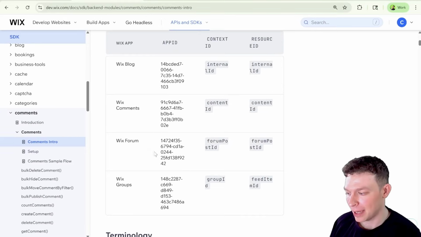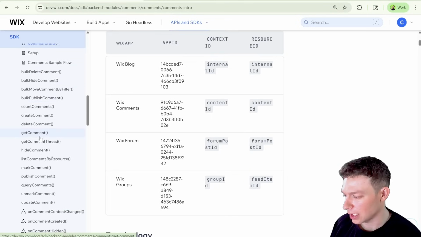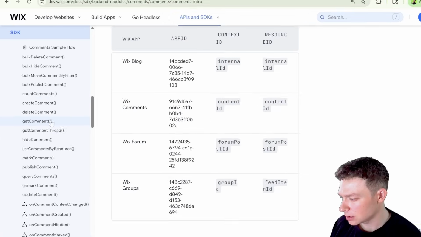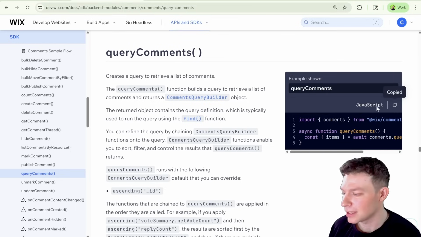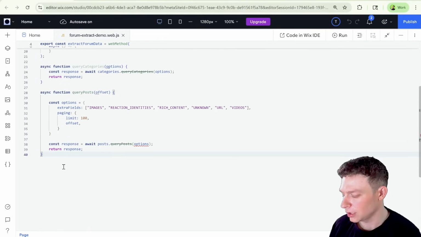And each app has its own app ID, which I think will be important in terms of actually querying the comments. So let's take a look at some of the actual methods here. We have get comment, and we have query comments. This is probably going to be what powers our retrieval of all of our comments. So I'm going to copy that over initially, just like we did with the others, and put it on the bottom under our existing